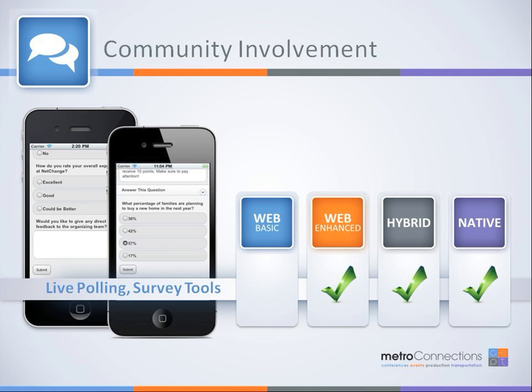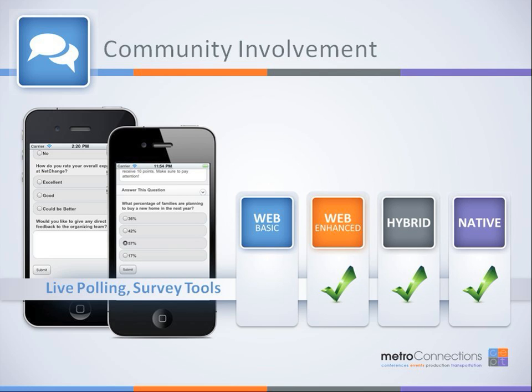I mentioned the hot topic of live polling and live surveying, and being able to use that with the device that people bring into the room. And so it quite simply looks just like it says in Web Basic. Although they may be able to rate their sessions in Web Basic, it's not a live polling situation where you're just going to have to give the planner or whoever owns the meeting a report at the end of how they chose to rank or rate that particular session.